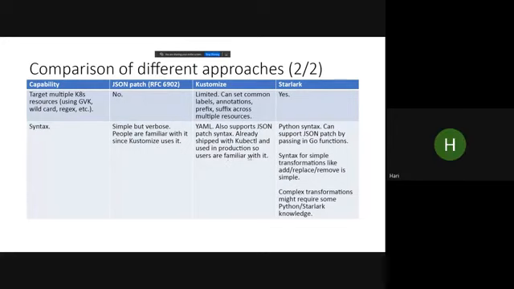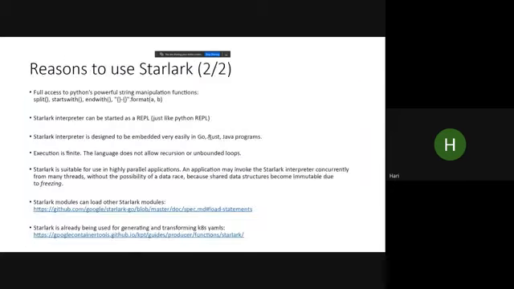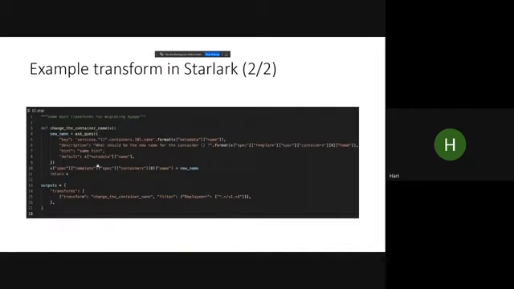Kustomize is already shipping with kubectl apply -k, so people are already using it in production. People are familiar with it. Starlark is shipping with the Bazel build tool. It's from Google, and it's also shipping with the YTT templating tool. But our use of Starlark is more custom, so you'll have to learn what API MultiCube is providing. We have a specific format, where we expect outputs